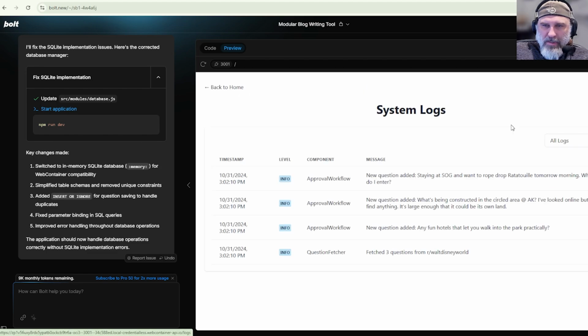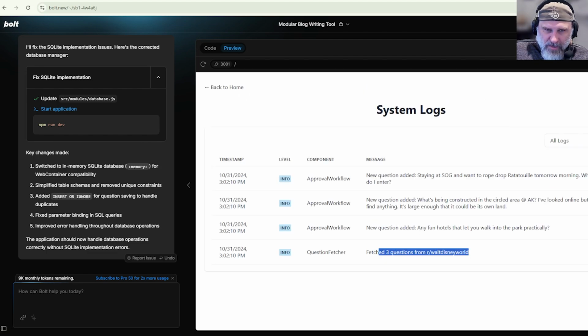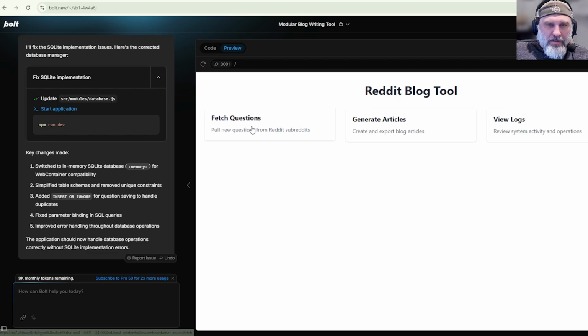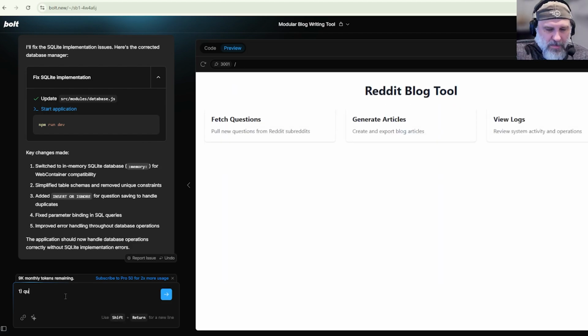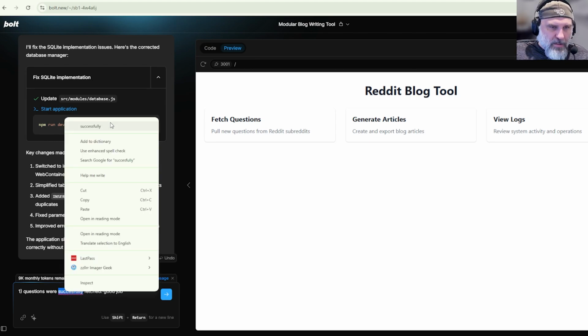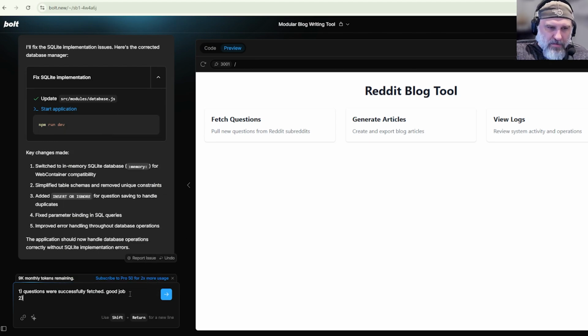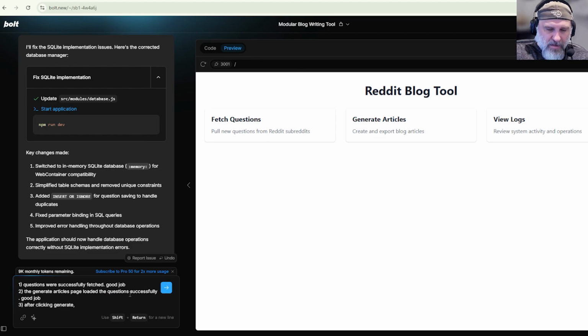Just see what logs say. Well, it's in reverse order, but that's fine. But let's go ahead. That works. Okay. The questions were successfully fetched. Good job, Mr. Computer Guy. Alright. Generate articles page loaded the questions successfully. Again, good job. After clicking generate,